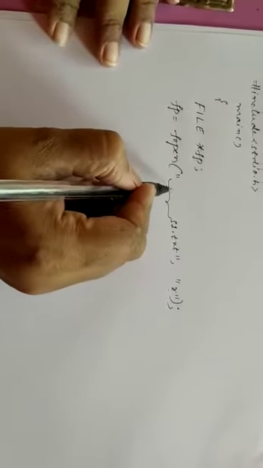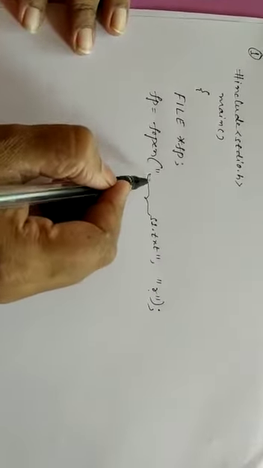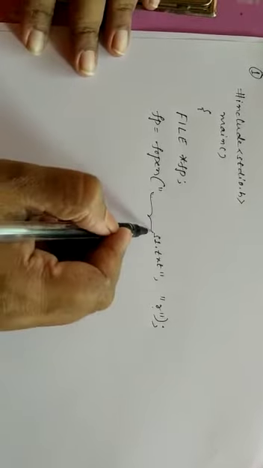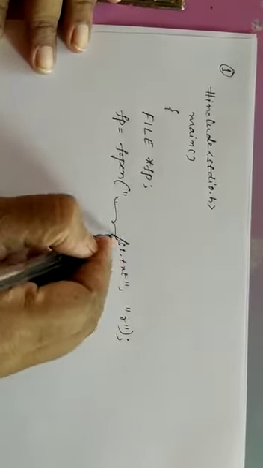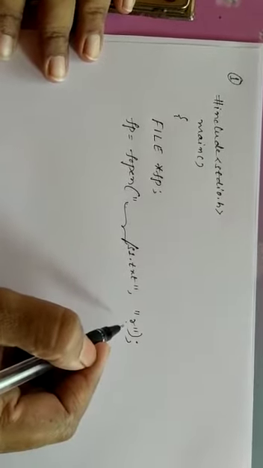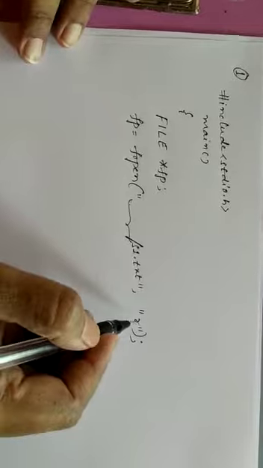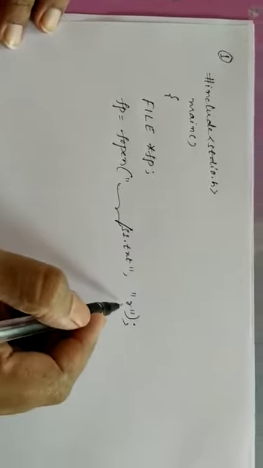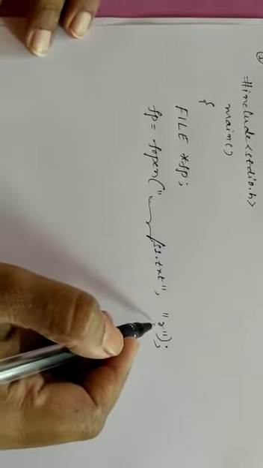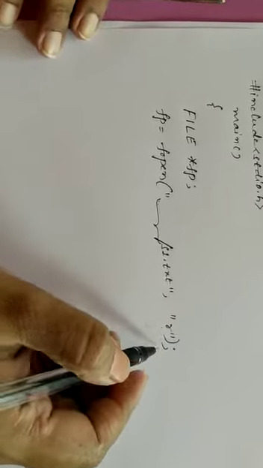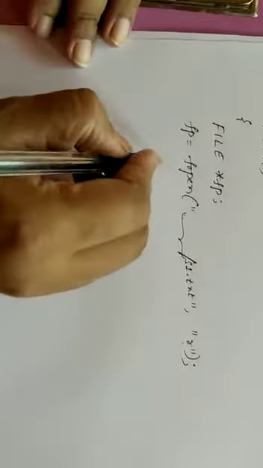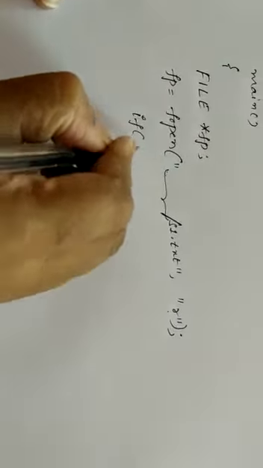That is, one is the path, the other one is the mode. The path is where you are creating the file, either in C drive, D drive or on the desktop. That complete path, followed by the file name with the extension .txt, you need to give, and the mode you need to specify. To work with the read mode, hope you remember, the file should be created first, then only can you work with it. If not, you need to go for write mode. Check whether it exists or not.